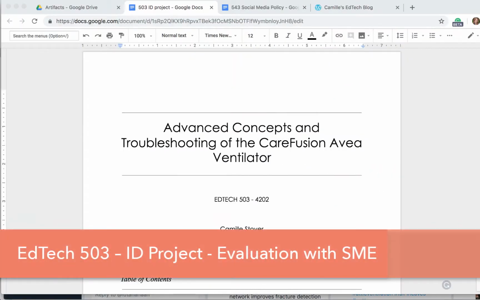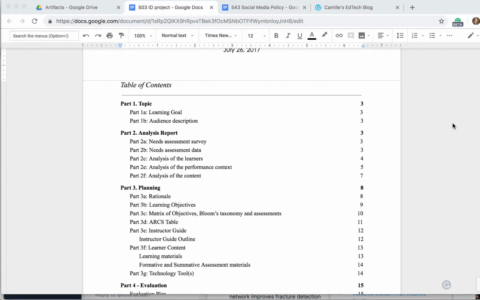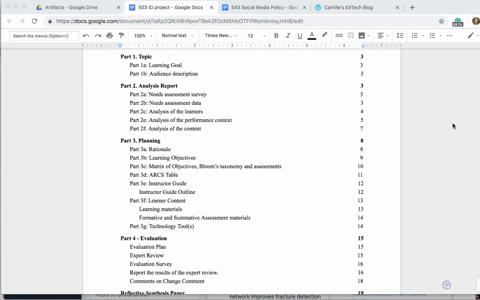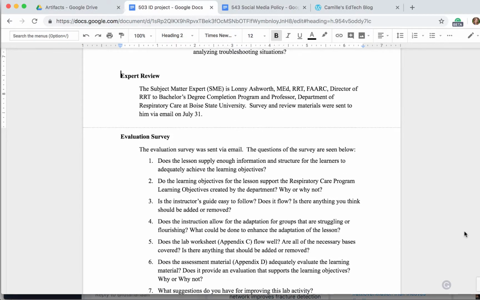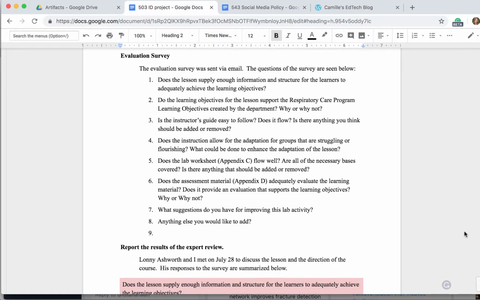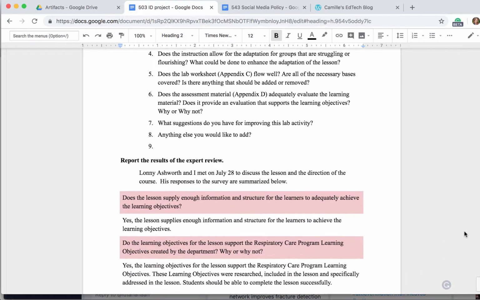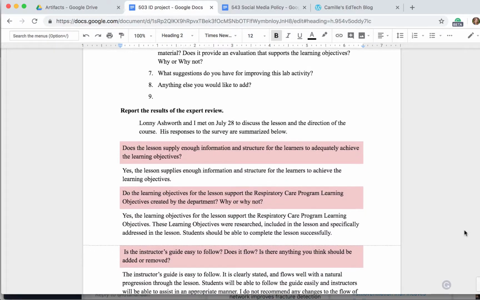In EdTech 503, I created a learning module from the role of an instructional designer. I recruited a subject matter expert to evaluate the learning materials I had created to make sure that the information covered was accurate and adequate. Working with the subject matter expert was important during this instructional design project because it demonstrated the role of an instructional designer and how they didn't need to understand the material, but were able to help create the structure of